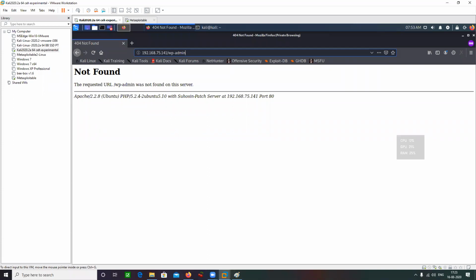So wp-admin is only going to open on websites based upon WordPress. If this website is not based upon WordPress, then this is not going to work. Well, anyways, it's a good try. It's just hit and trial, right?